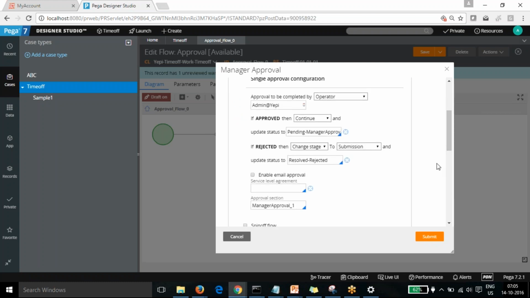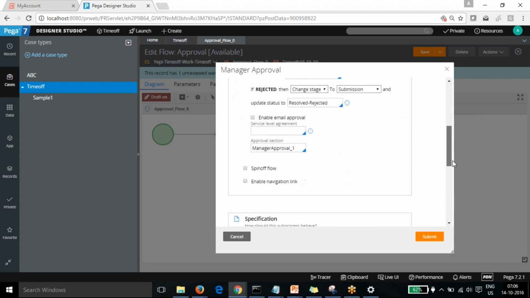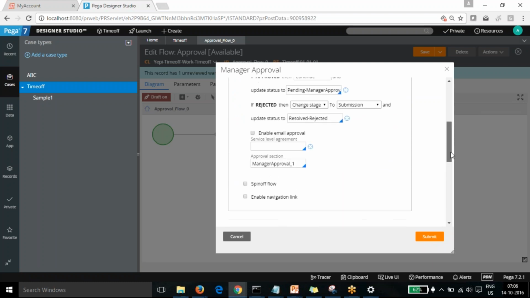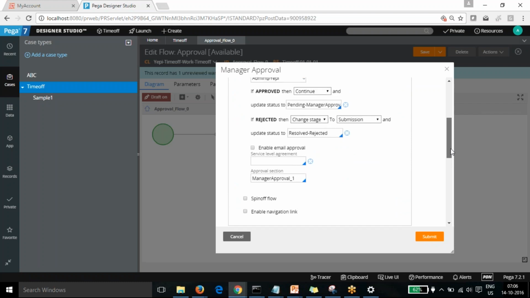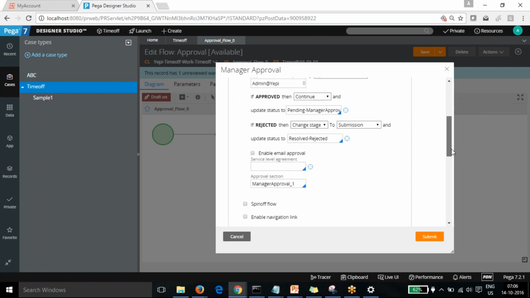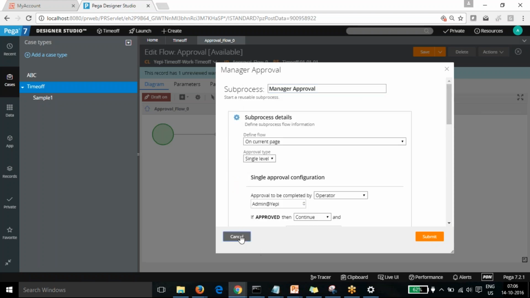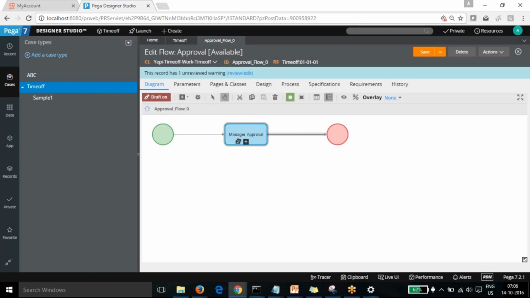So this information we have done. If you have to make the changes, this will be a little tricky.